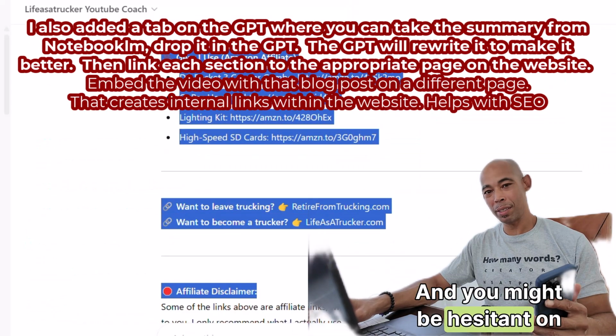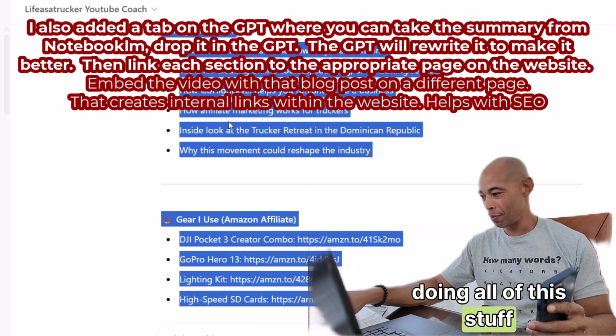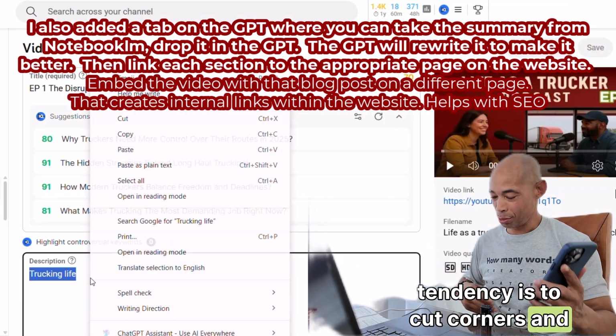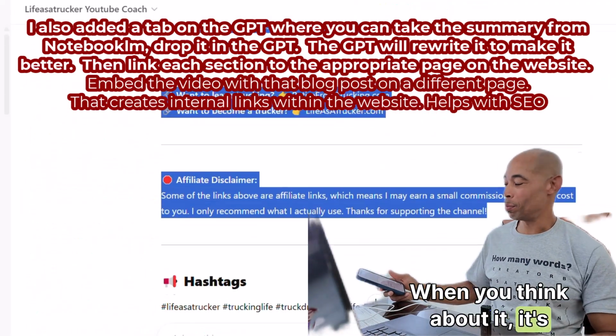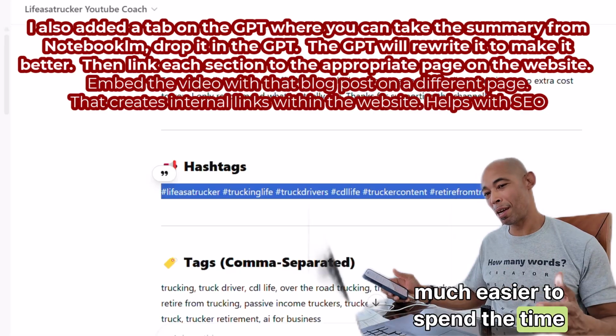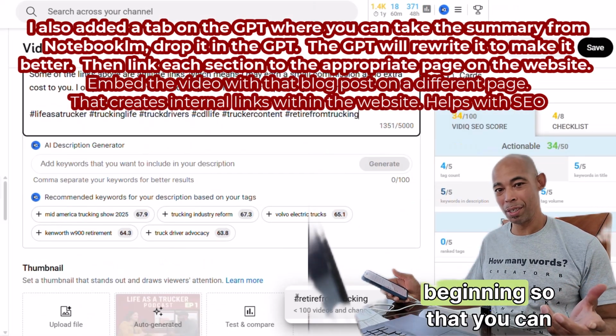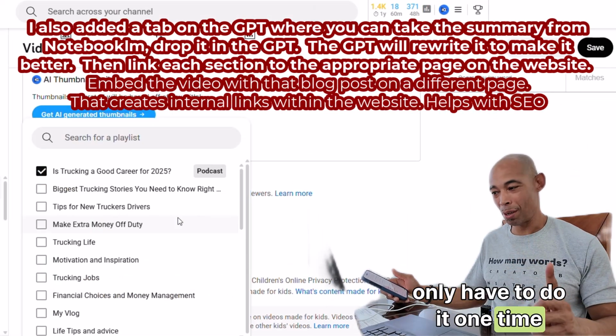And you might be hesitant on doing all of this stuff. Tendency is to cut corners and assume that the person could follow or should be able to follow. When you think about it, it's much easier to spend the time and be thorough in the beginning so that you only have to do it one time. So you choose